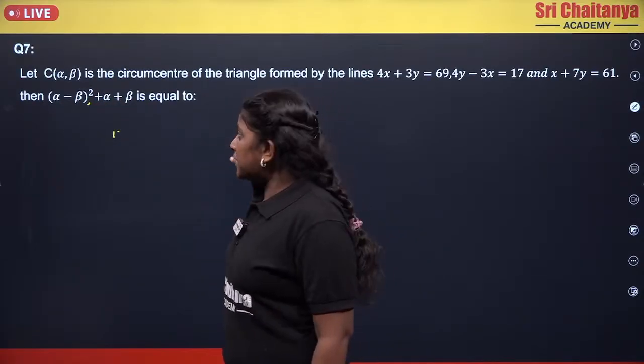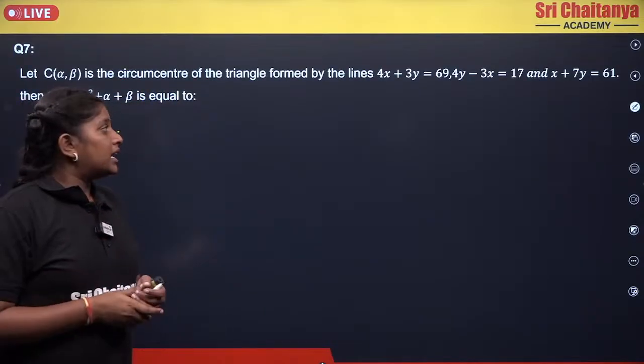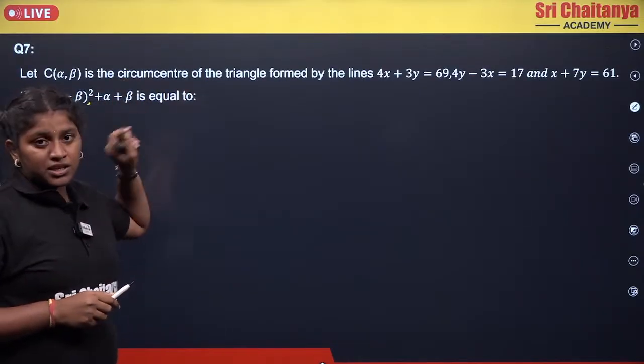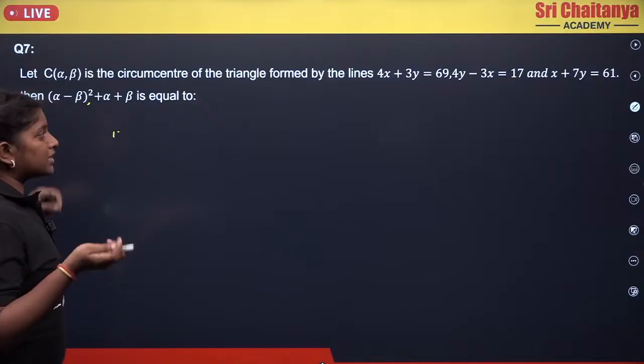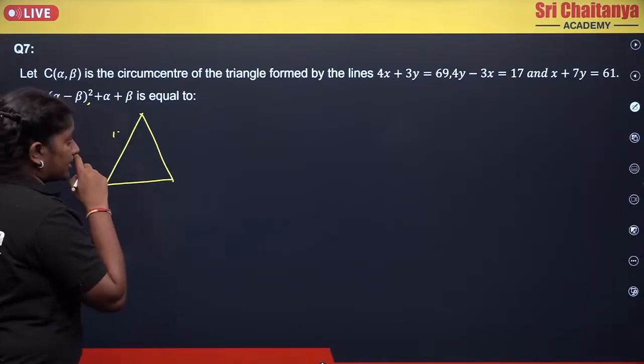Okay. So this is very simple. Like in our previous case we found the orthocenter, like that we will be finding the circumcenter also. So how can we find the circumcenter? So take the same triangle